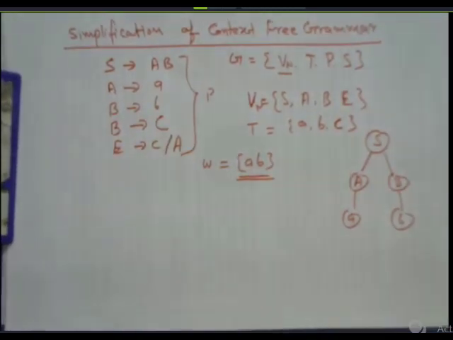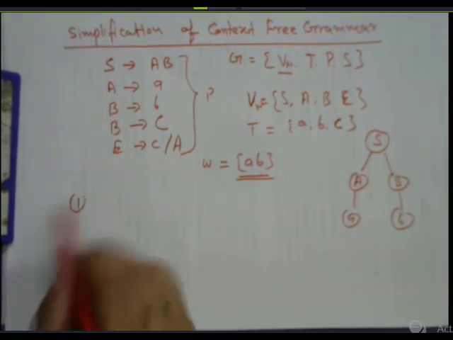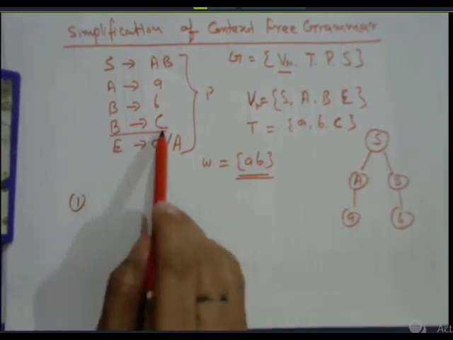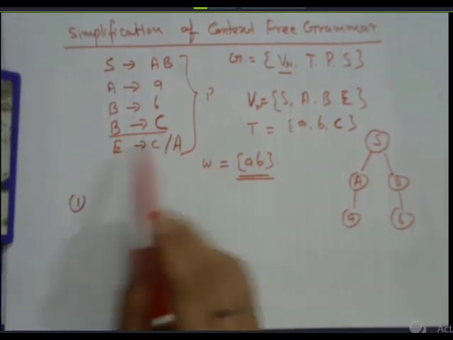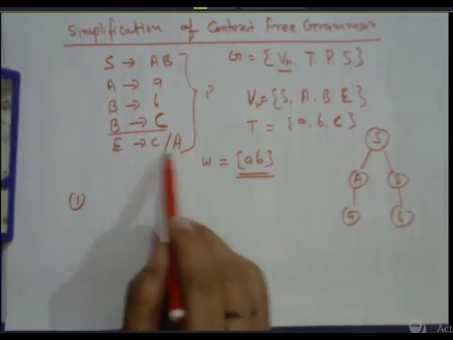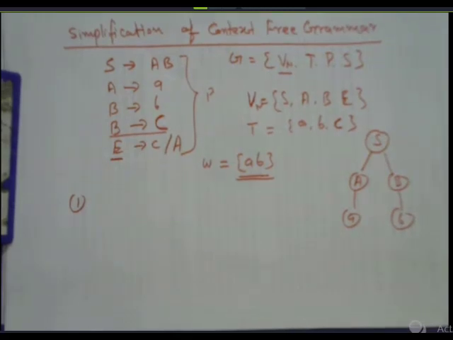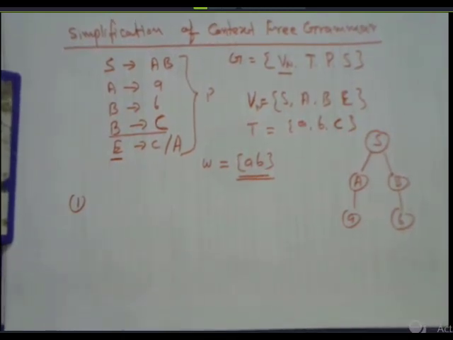But there are a lot of symbols in this grammar which are not used for the correct grammar. The first thing is, if we check B, that is the production symbol. B tends to C cannot be derived. C is a useless symbol in this grammar, and again E tends to small c capital A is again a useless symbol in this grammar. This type of symbol we can reduce or eliminate from the grammar, and we can form a grammar which is useful for the derivation of the language.